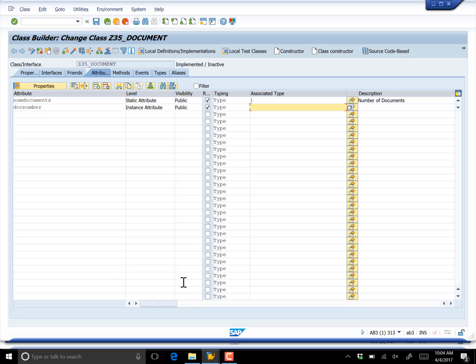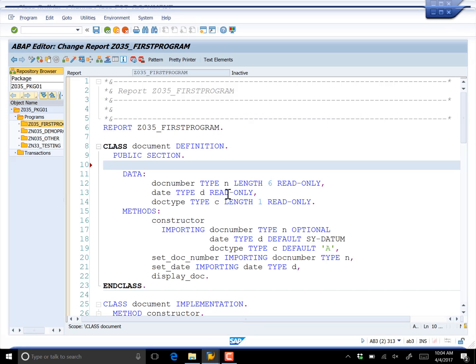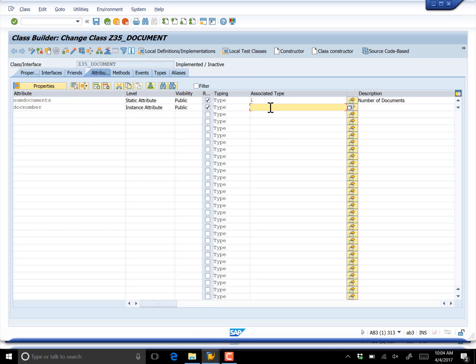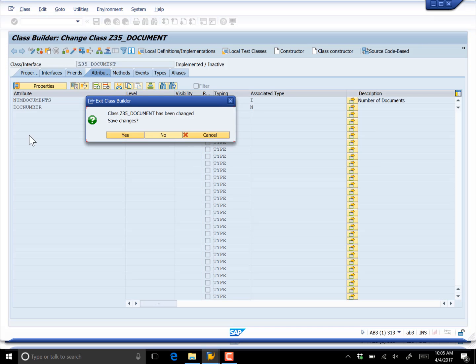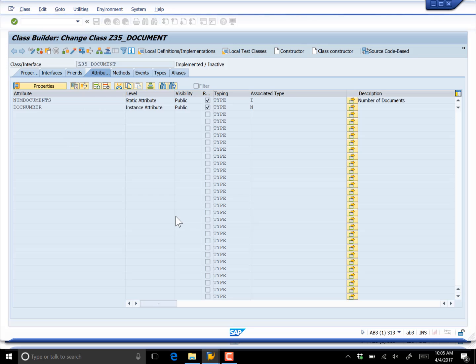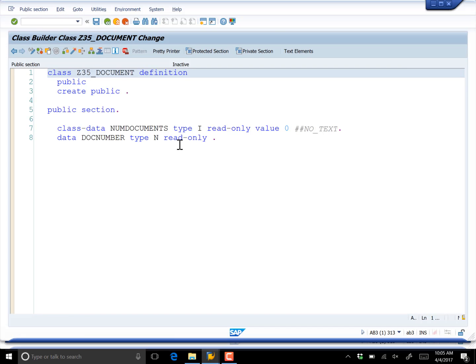Now, the associated type, if we go back to our source code here, we will see that this is type n length 6. Well, if I come over here, you can see where I could type in the n, but I don't have a place to type in the length of 6. So what do I do? Whenever you need to specify something beyond just a very simple type here, that's what this button right here is for, for direct type entry. And so I'll click on that, and it'll ask me if I want to save what I've done so far, and the answer to that is yes. And so I find myself at code here. Class data, document number, type n, and here's where I type this in,